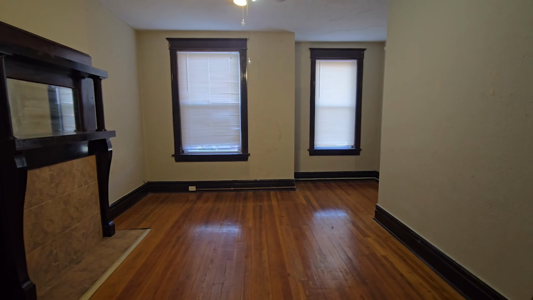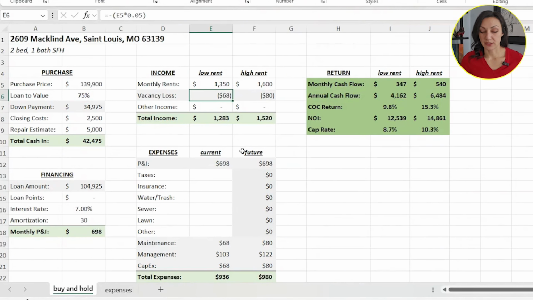So make sure you get that vacancy loss number in there. Based on my experience here in the St. Louis area across 24 rentals, I generally see tenants staying for 2 to 3 years. We have pretty good luck with renewals. So I feel pretty comfortable estimating about 5% in turnover, but 8% would get you about 1 month vacant per